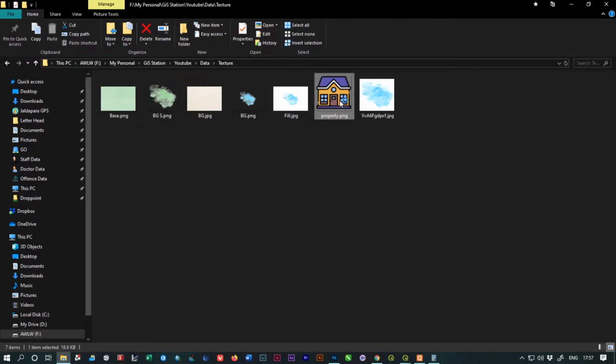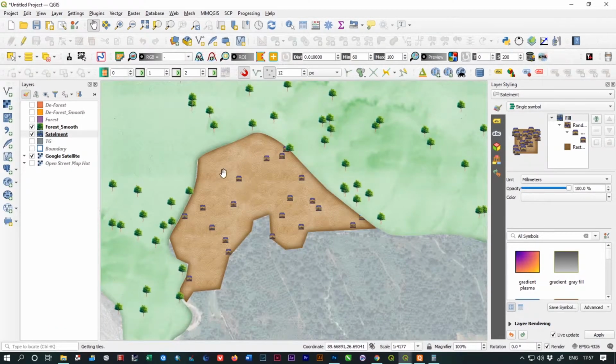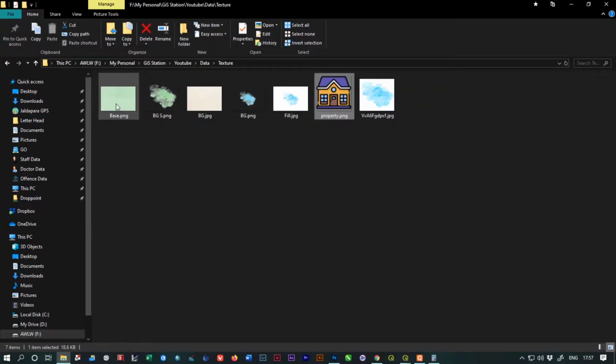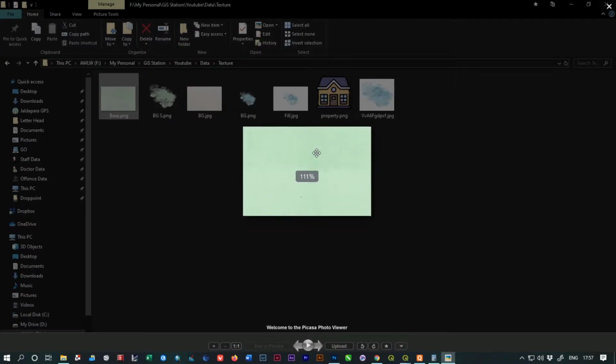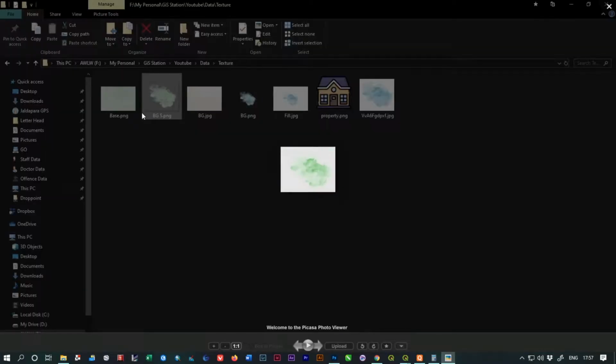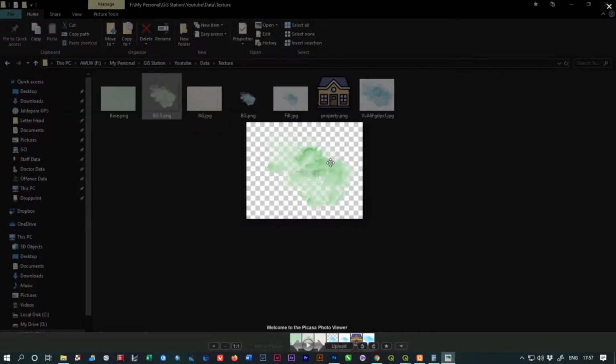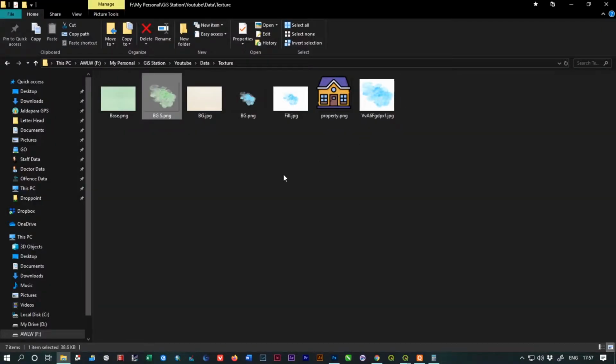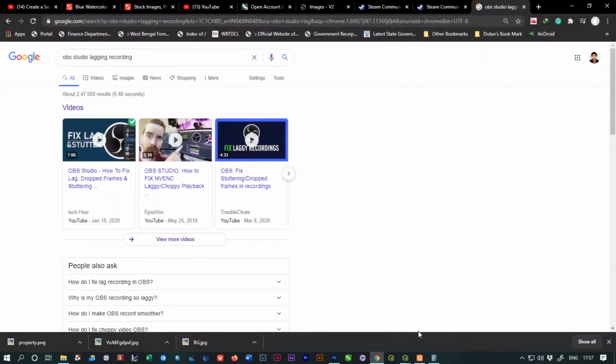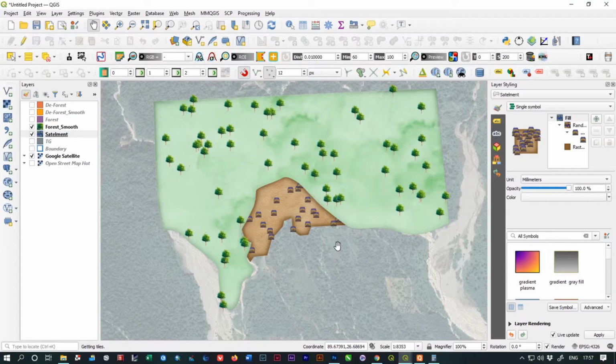This is the human settlement symbol, the house symbol. You can see there are some house symbols over there, and we have used this background image. One thing you have to remember is to keep the resolution of these images as low as possible, so that your work doesn't lag, and you can work smoothly on your QGIS project.